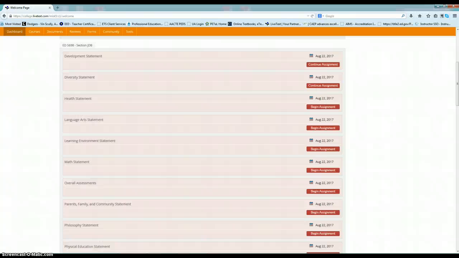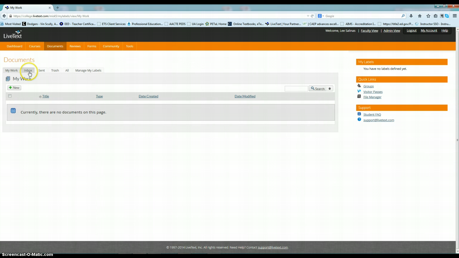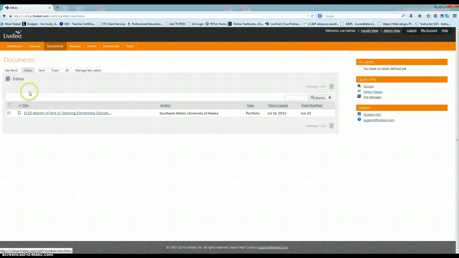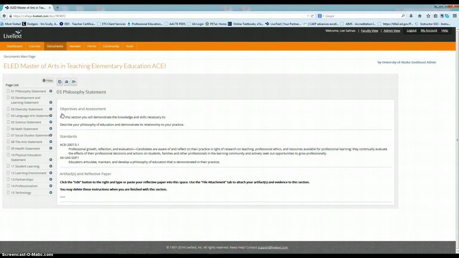your documents inbox. Now, to access that, you would have to go up here to this tab which says Documents, click that tab, and now click this Inbox tab right here. So we'll click that, and now we see this document, eLED Master of Arts in Teaching Elementary Education. And we go ahead and click that. It's a clickable link, so we'll click that, and now we see the